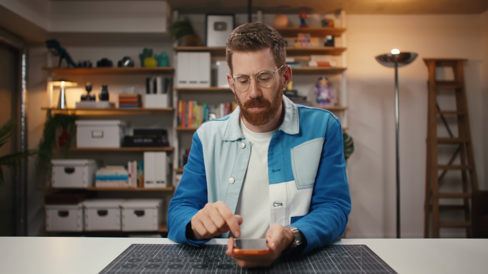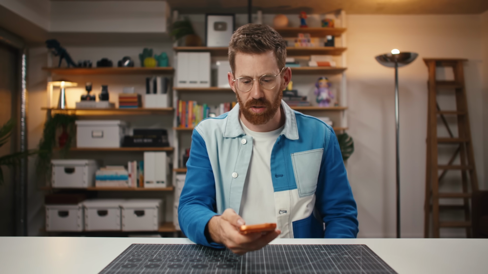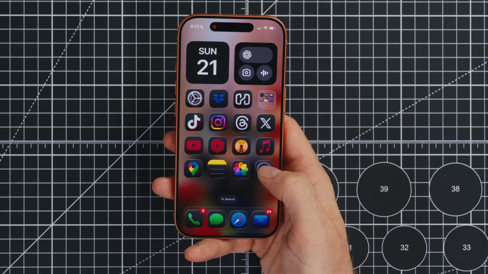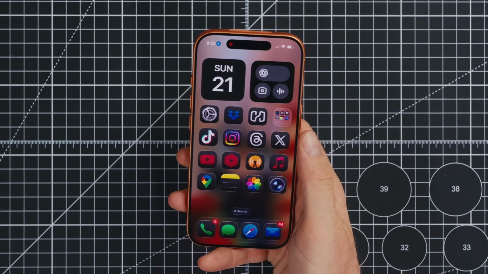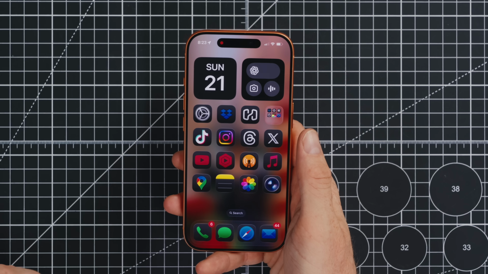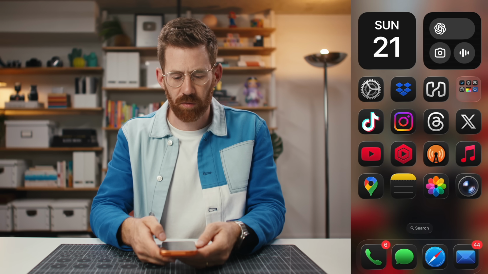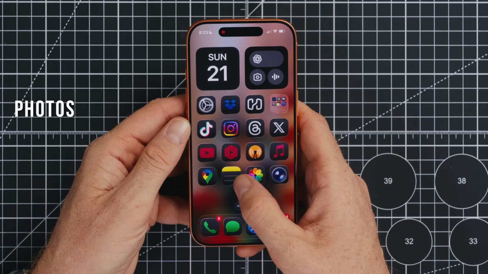And the reason that the bottom right is the priority is the way that you hold your phone. I mean, maybe you're left-handed. I usually am holding with my right. And it's pretty simple. This is the easiest app to tap. So as I move further away, they become less important, and that's why I have these widgets up at the top that are larger. So spreading out from the bottom right, we have some other important apps: Photos, Notes, which